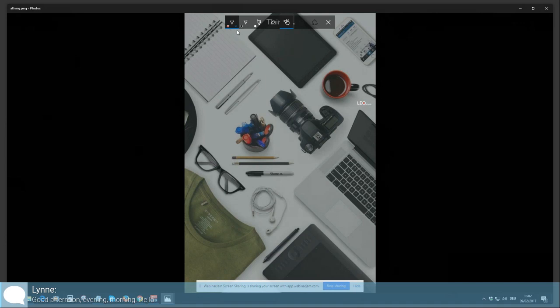Okay, so a notebook, that's a noun. Two pens, nouns. A tablet, a noun. A smartphone, a noun. A cup of coffee, a noun. A camera, a noun. Pens, nouns. Pair of scissors, a noun. Pen holder, noun. Pair of glasses, a noun. A t-shirt, a noun. Another pen, a noun. Another tablet, a noun. This is a techie person. And a laptop, a noun.